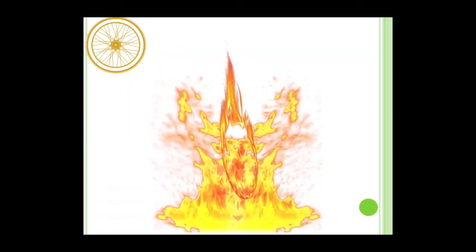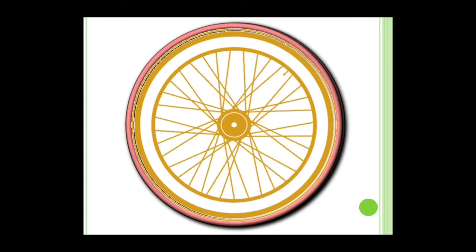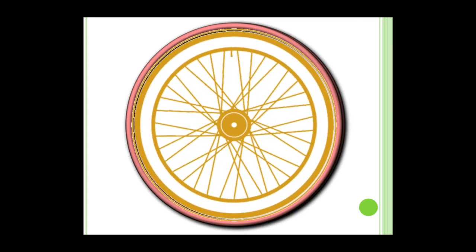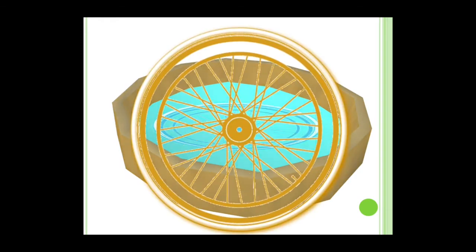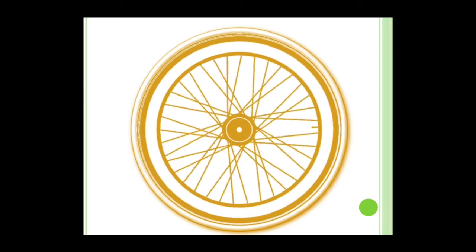For this, we first heat the rim to a burning hot condition. When it gets heated to red hot, it expands, because whenever anything is heated, it expands, and so does the rim. The rim increases in size and we fit it over the wheel and then dip it into cold water. Then it contracts over the wheel itself and fits firmly over the wheel. Now we can use it to move.